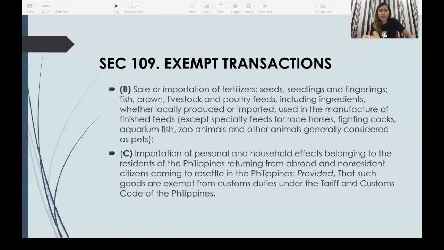Provided that they will be exempted from VAT, provided that such goods are exempt from customs duties under the tariff and customs codes. Next,